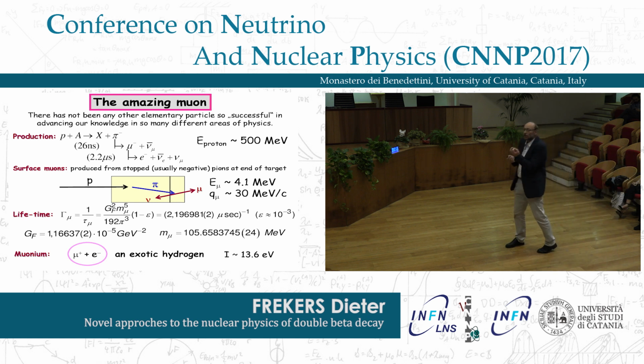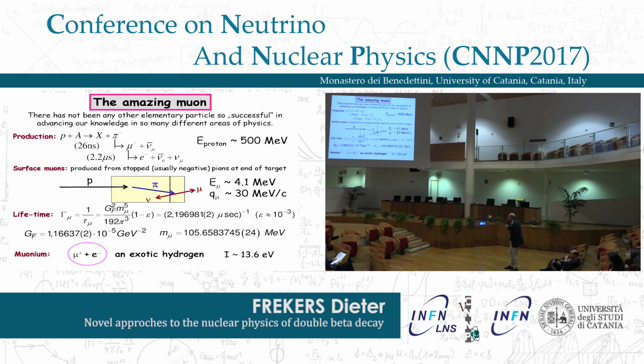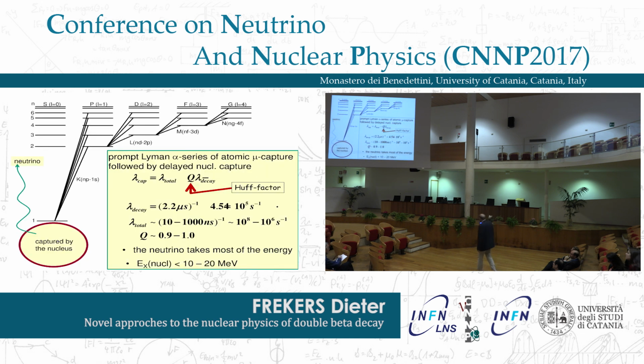To give you an indication why muons are so wonderful, the muon lifetime is very, very well known, okay? And the mass here is measured to 8 significant digits from this exotic hydrogen. Why was that important? Because these 2 things give us the Fermi coupling constant. There is no other way to get the Fermi coupling constant. And you see there are 6 significant digits on the coupling constant here. And it's only due to the muon. So muon capture is nice,